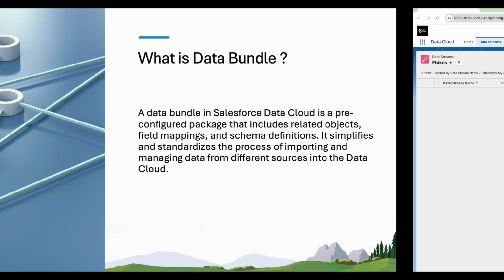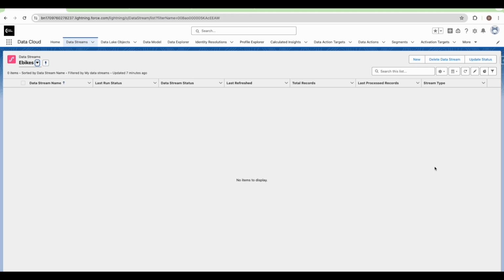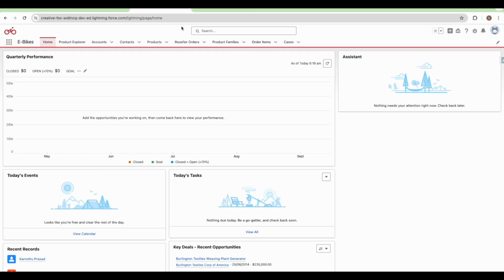Now let us dive into a practical example of the data ingestion process. Imagine we are working with a fictional company called the TechCron Group, where the TechCron Group has multiple sub-brands under it, where they sell e-bikes and sports equipment. Here we have a Salesforce org where Data Cloud is provisioned and another org where e-bikes manufacturing information is available. In order to ingest the data that is available in this org, first we need to go back to